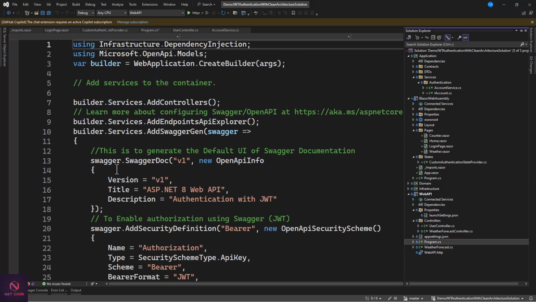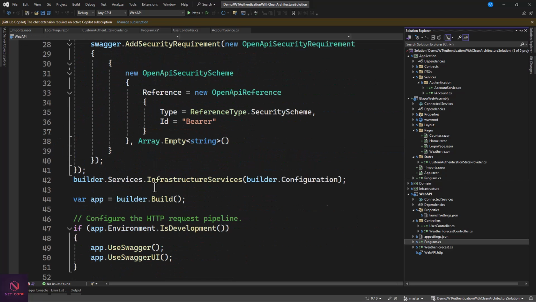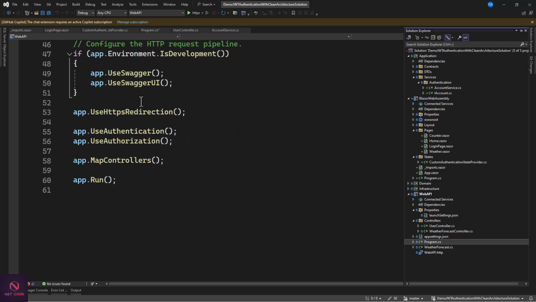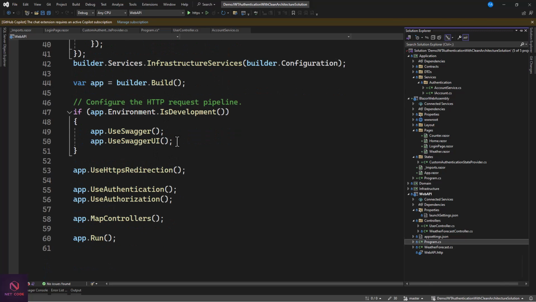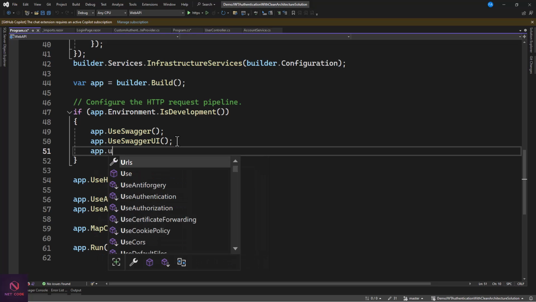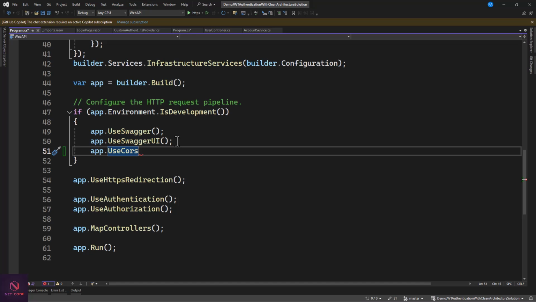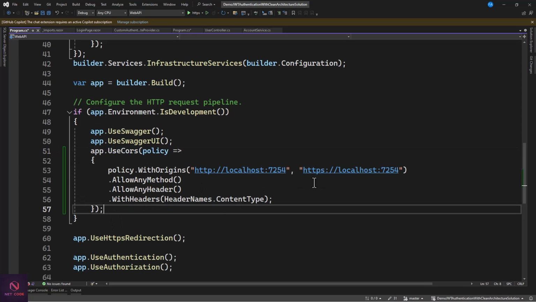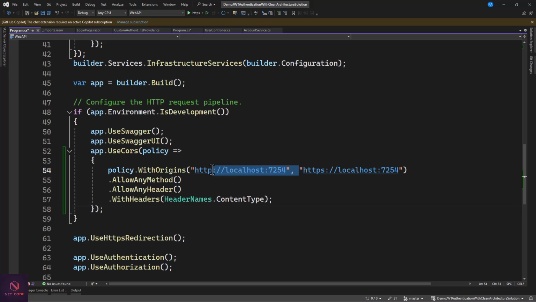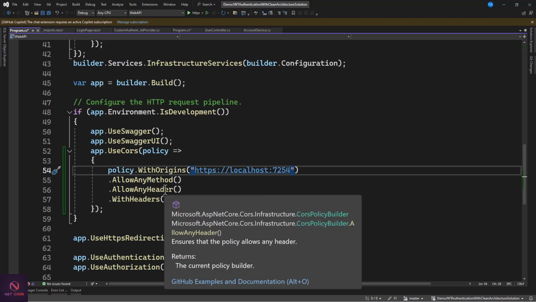Program.cs file. We need to add CORS, so we can add CORS: app.UseCors. CORS, cross origin resource sharing. Okay, now with this CORS, we need to specify some things in it. So we can just remove this and I replace this one. And here, I don't need this. We don't need it. Okay, so you want to allow header, I want to allow methods, and